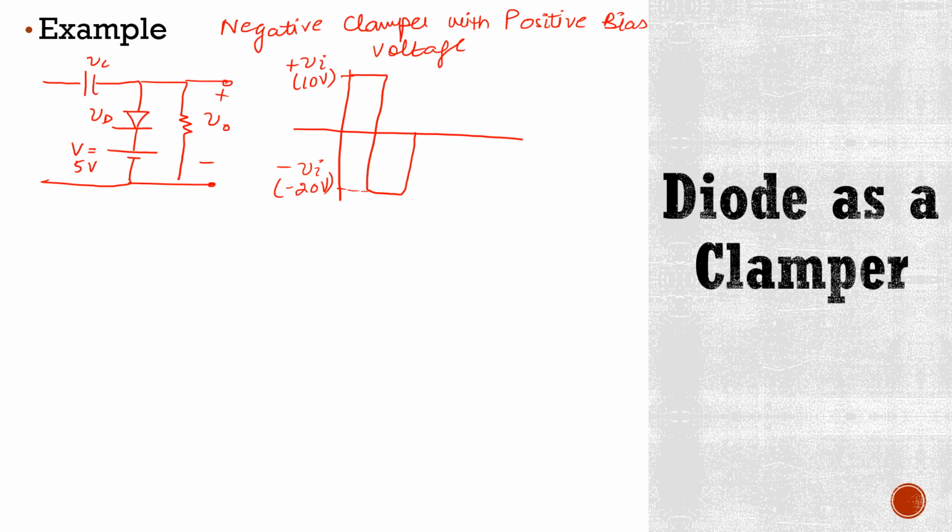We know that during negative clamper, diode is on during positive half cycle, that is during this part. So now this circuit will look like this. Here this diode is short,